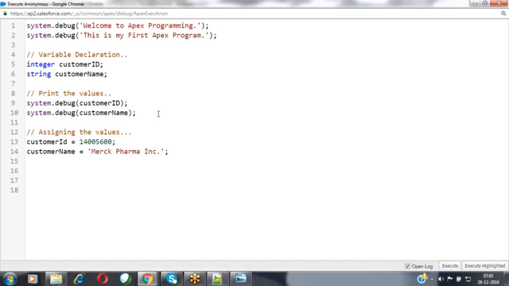For these two variables, the memory has been assigned, but we haven't stored any value. Now I have assigned the value for that variable here. As soon as we assign some value for this variable, the value will be stored inside the memory location reserved for that variable. Now let's print these values here.